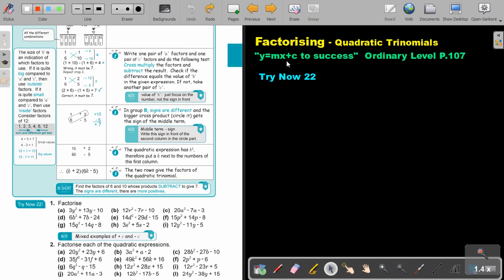In this video, we're still going to focus on factorizing quadratic trinomials, and we are going to look at mixed examples of Group A and Group B. You will find this on page 107 in the Namibian Ordinary Level Mathematics textbook. Now, you can look at the previous videos and then you can stop and do number 2,